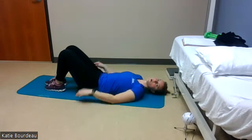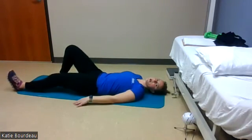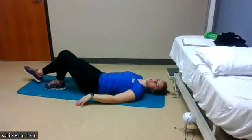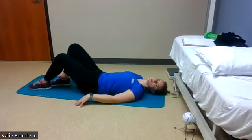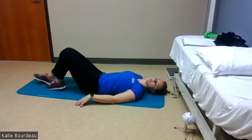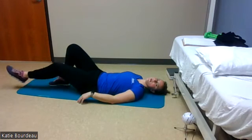So bracing your core, slide one leg out and back in. Keep your core tight while we do the other leg. Slide your leg out and in, slide out, 3, out, 4, keep your core tight, out,